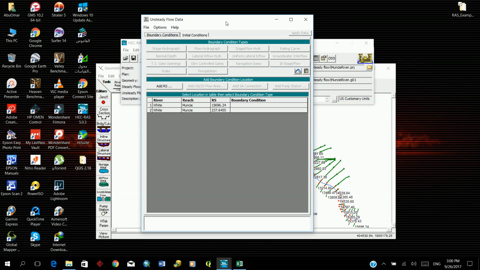There are only three boundary condition types available for that upstream: stage hydrograph, flow hydrograph, and stage and flow hydrograph. What we have here available is a flow hydrograph. You might also have water level, that is a stage hydrograph. But we have discharges, so I will select stage hydrograph,